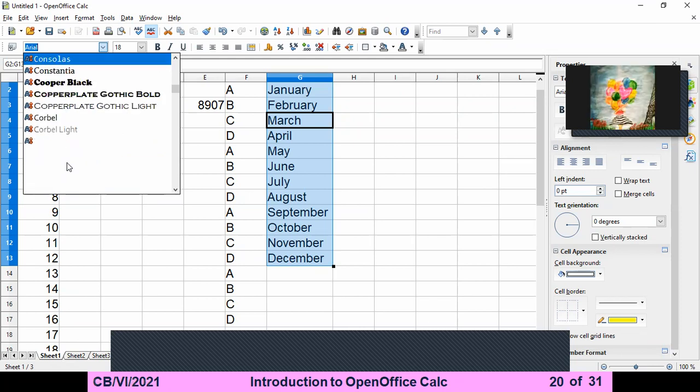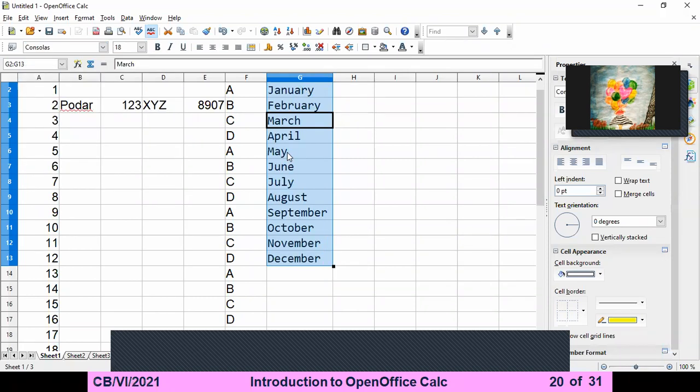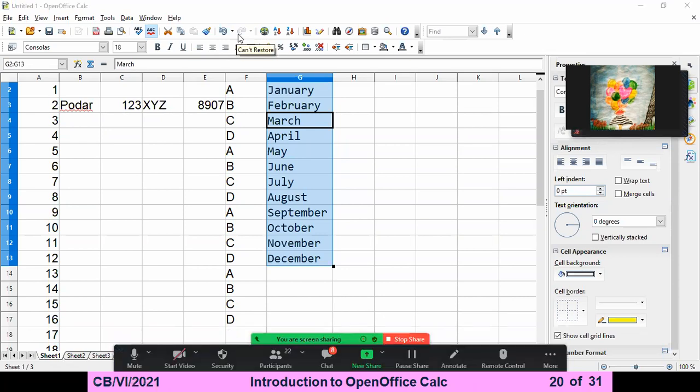Whenever you click on it, it will be changed. You can see here the font type is changed. I will use undo and redo so you can identify and differentiate easily.